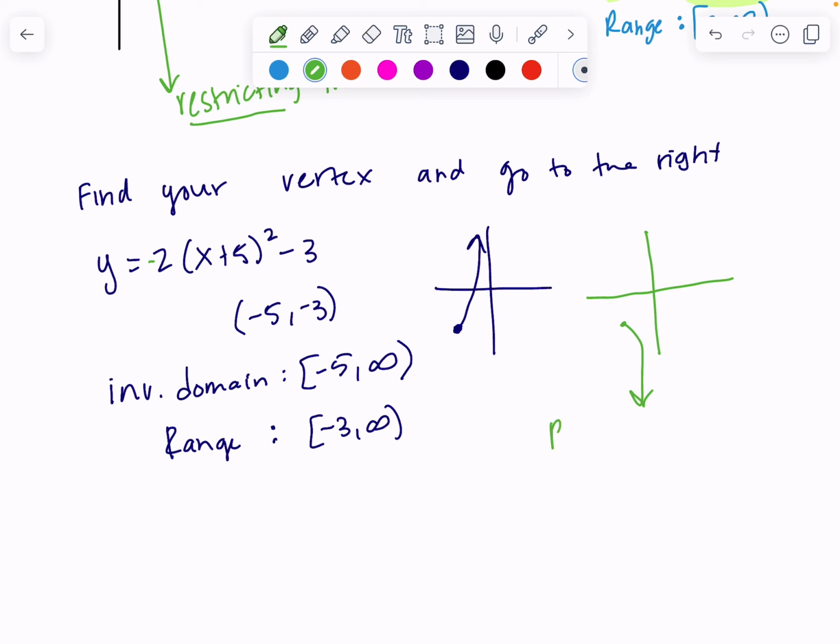Versus this one, my range, when we do range, we actually start at the bottom and work our way up. So here, my bottom point was negative 3 and I went up to infinity. But this arrow says that my bottom point is actually negative infinity. And as I go up, I stop at that negative 3. So notice that whether your quadratic opens up or down will change the order of your range. But for both of them, the big one here is that invertible domain. That's what we're really most focused on. And that domain is always going to be the x value